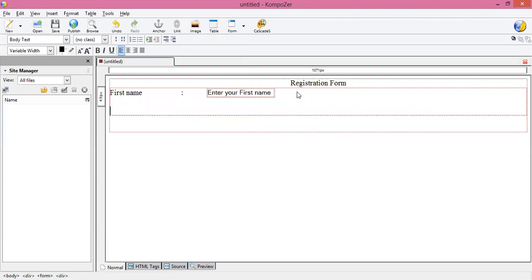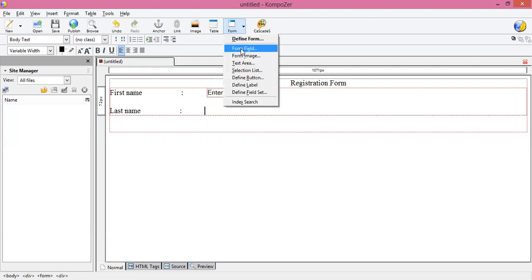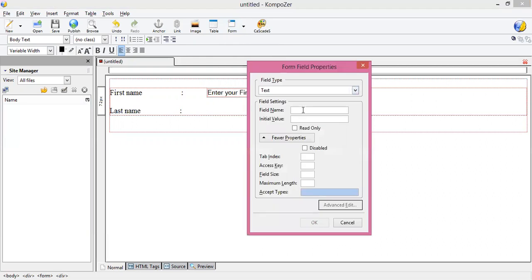Same thing you have to do for the last name. Again you have to click on form field, text, field name, which is the short form of last name, LN, write down the initial value, enter your last name, then click on OK.